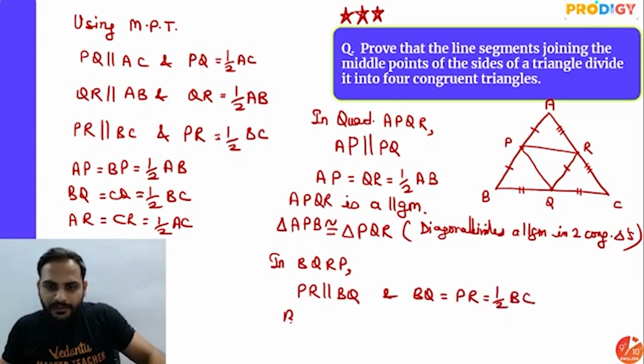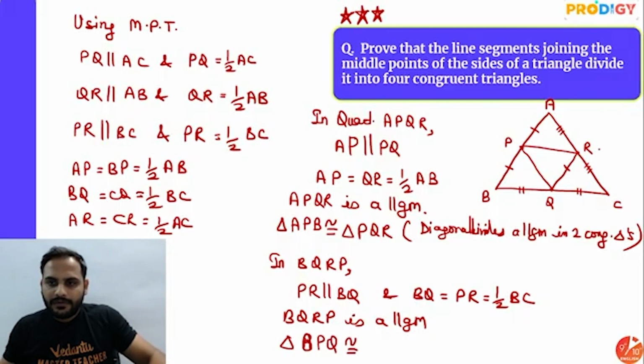So again I can say BQRP is a parallelogram, and if it is a parallelogram I can say triangle BPQ will be congruent to triangle BPQ,